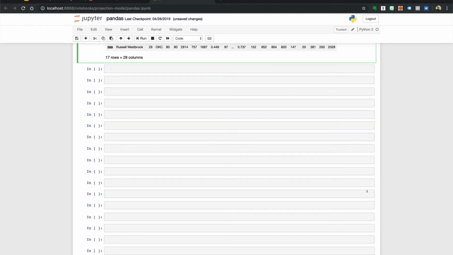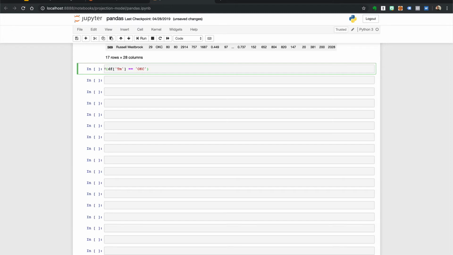There is a way to make this easier on the eyes. As you can imagine, running multiple conditions has a lot of square brackets, and this can be cluttered. What we can do is assign the inner code to a variable and then pass that variable into the outside data frame. So let's say we had the df team is equal to OKC, and let's set this